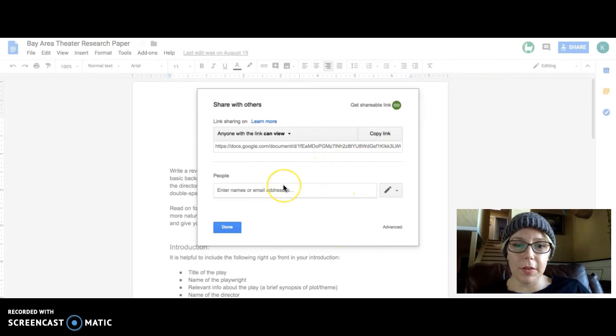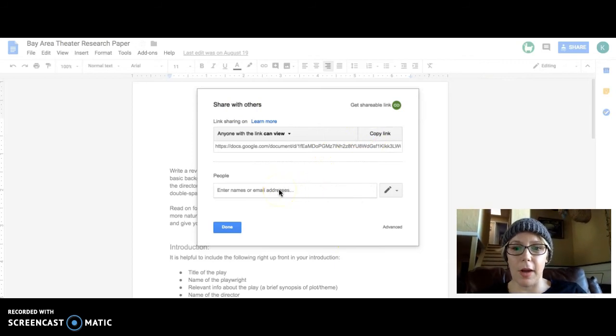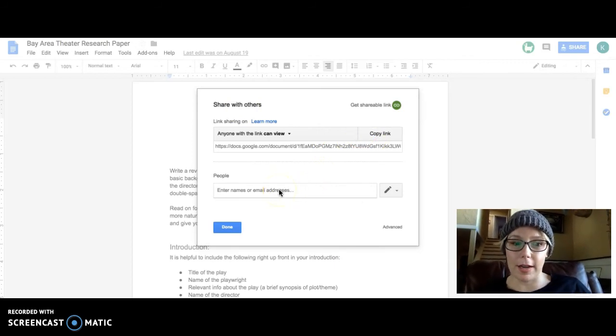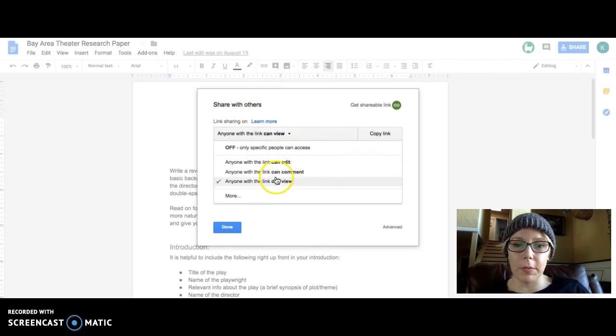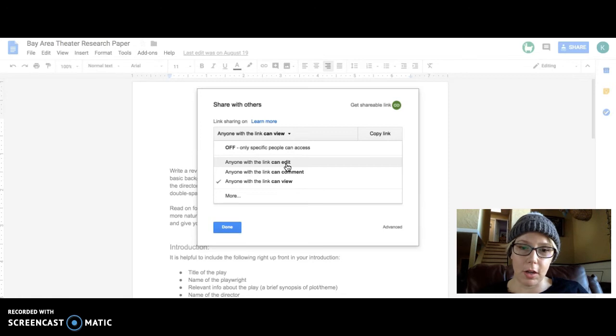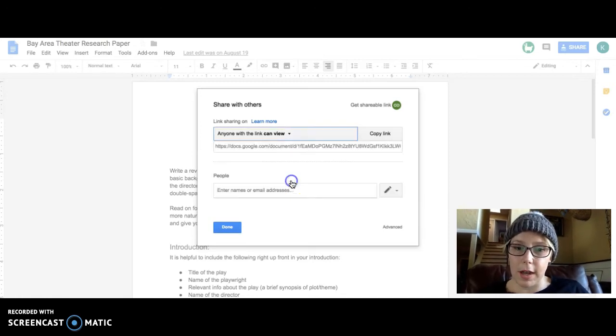So one of your options here is to add people. So you can click in here and add a specific person. But for our purpose, we want a link. So you're going to want to say anyone with the link can view, because if you have edit, then anyone with that link can go and actually edit your document and type in weird stuff. So you want to make sure it's on can view, and then you're going to copy that